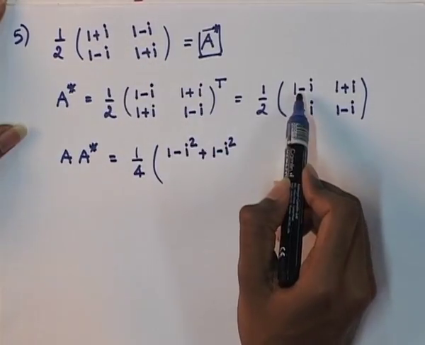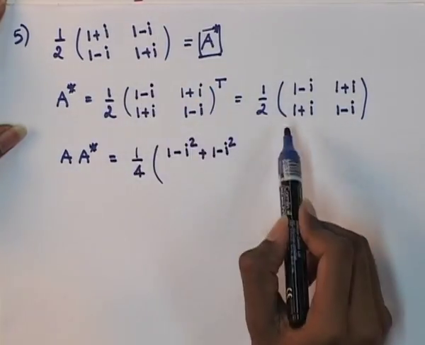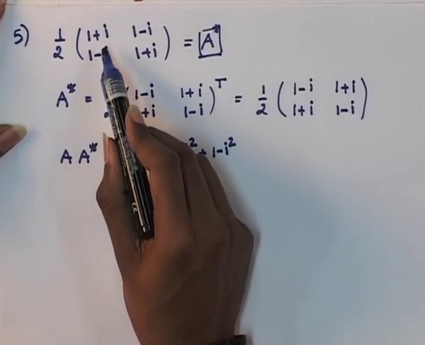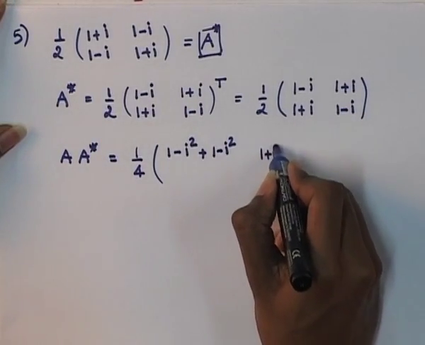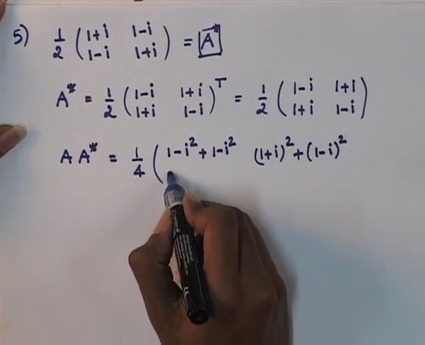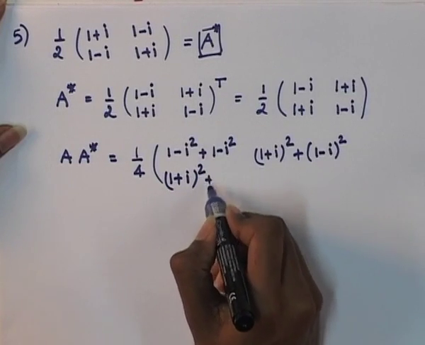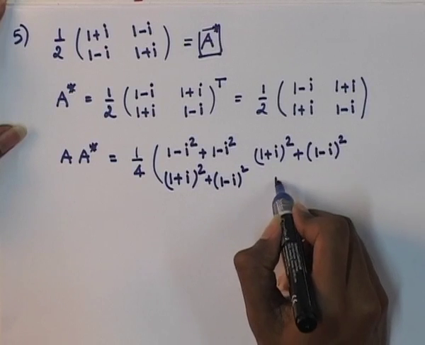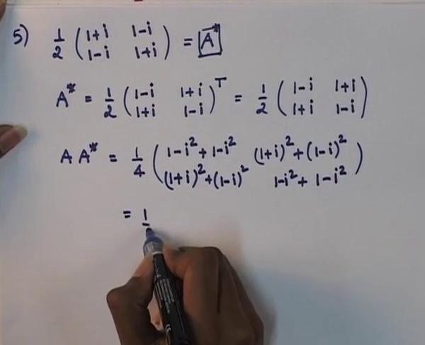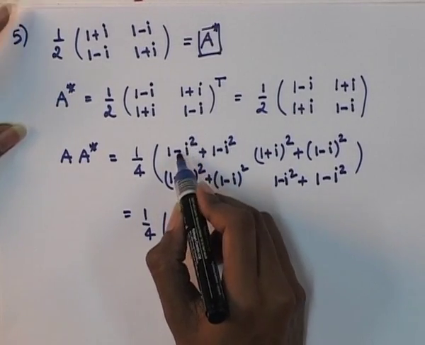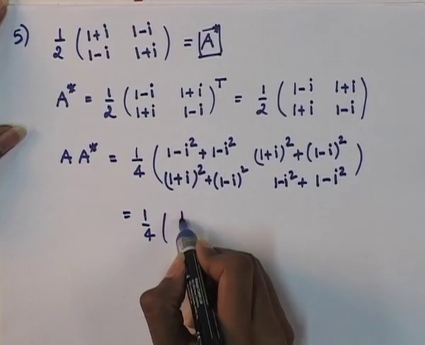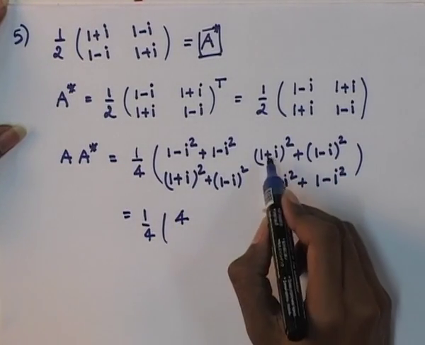1 plus I multiplied with 1 minus I gives 1 minus I square, and 1 minus I multiplied with 1 plus I gives 1 minus I square. And the second term is 1 plus I multiplied with 1 plus I. Similarly, 1 minus I multiplied with 1 minus I. The third term is as follows. And now we see that I square is minus 1 and minus I square is 1. So we have 1 plus 1 plus 1 plus 1, which is 4, and adding these two, 1 plus I whole square